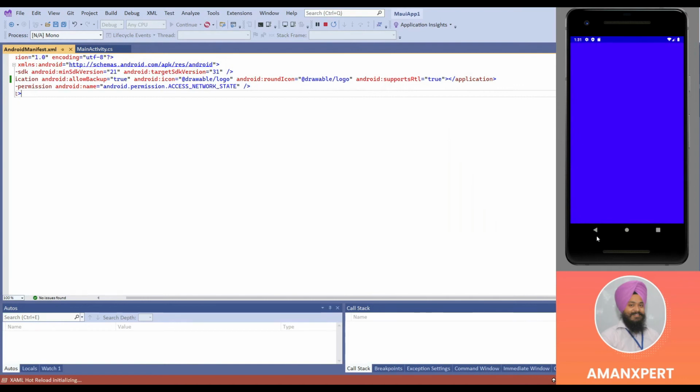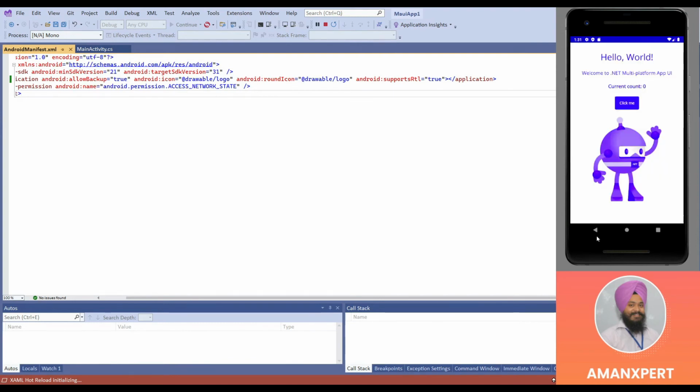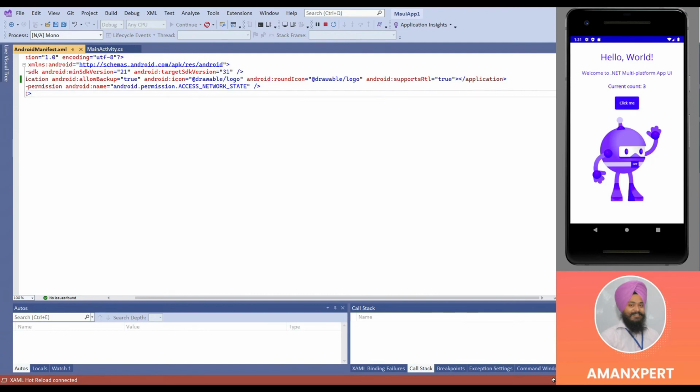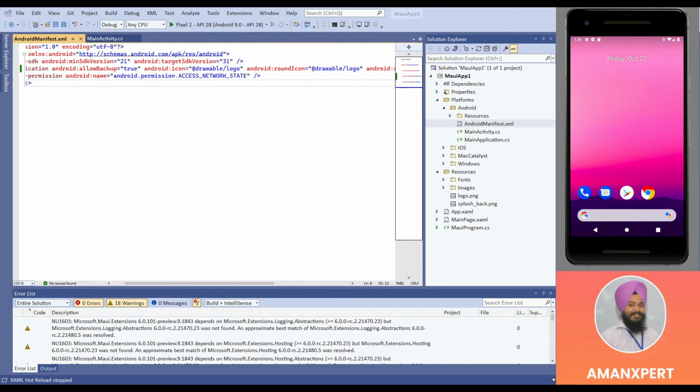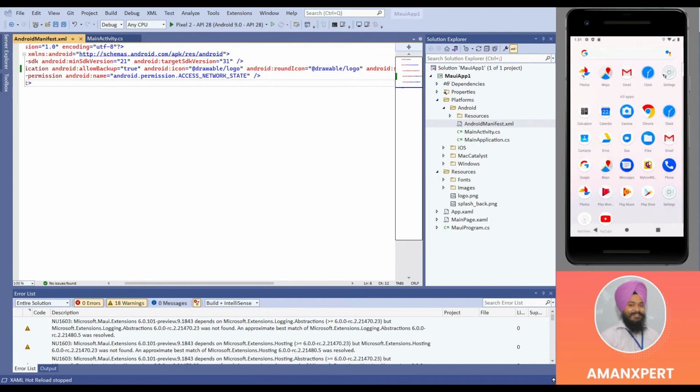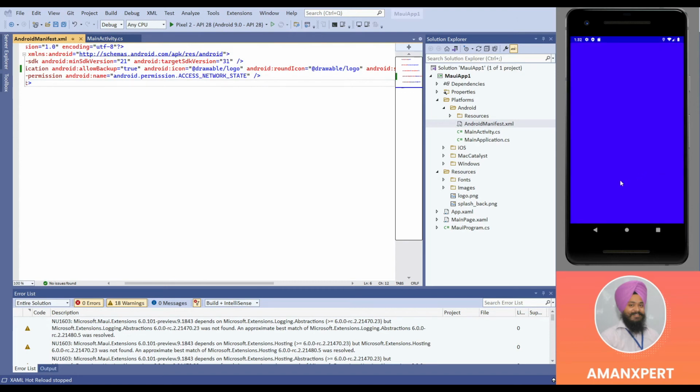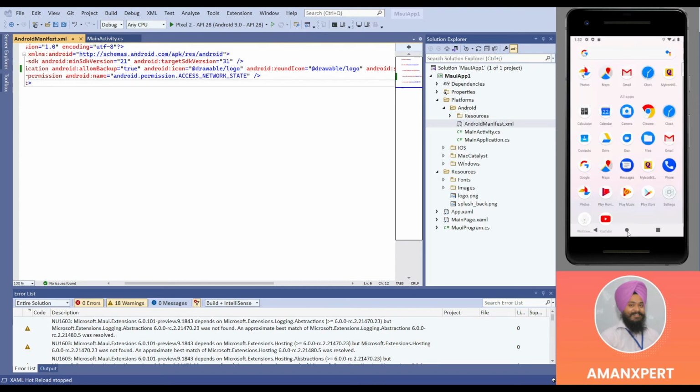Now you see we do not have the splash icon because we deleted it. So the splash icon is removed and this is the default main page, which is the click me with button and all that stuff. So now I am going to stop it and check if the icon has been updated in the installation location. Yes, we can see the new app icon for our app.